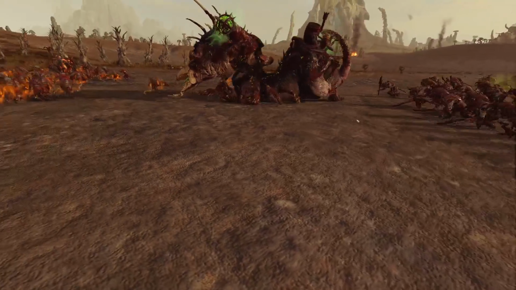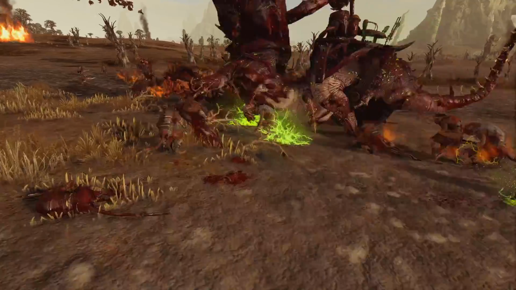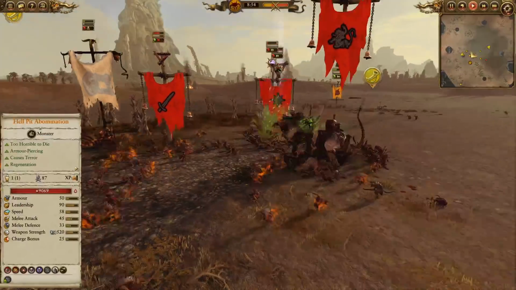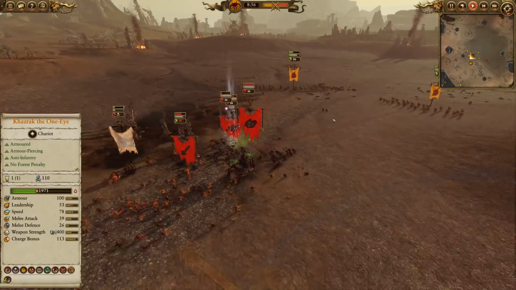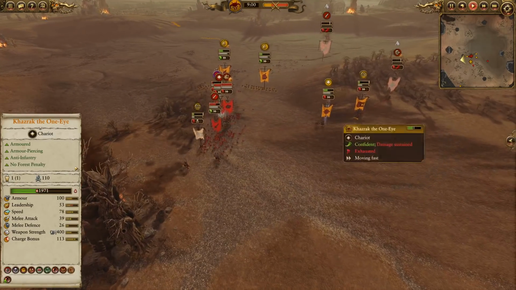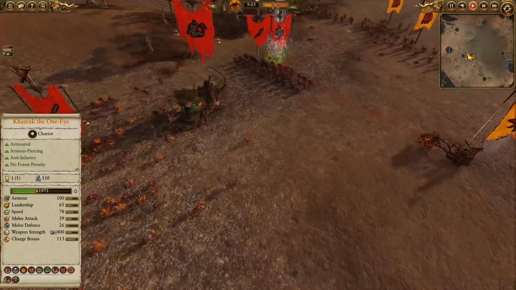Here come the Storm Vermin. Oh yeah, and the big boy Hell Pit. Sweeping down, swiping up chariots here. They'll be quickly sent packing, and I believe we're going to be moving towards army losses. Yep, terror route on them, I believe. Where's Khazrak at? He's still over here. He's going to now charge, and he'll do a lot of damage to the Hell Pit Abomination if he charges